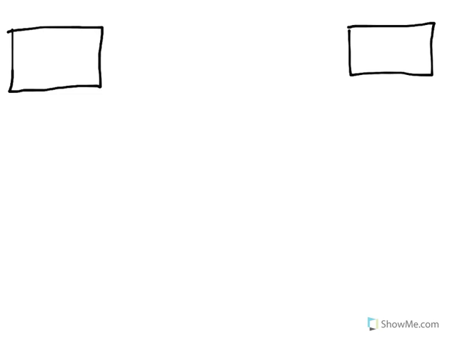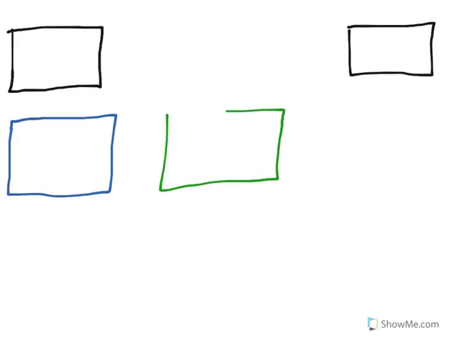The first one is going to be blue. The second is going to be green. And the third is going to be red. Now, once those are drawn, we're going to go back to each of the colored boxes and we're going to